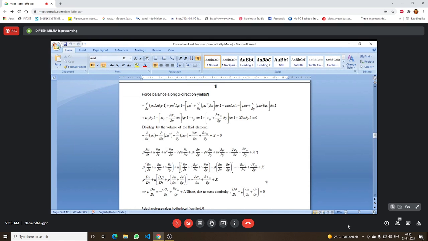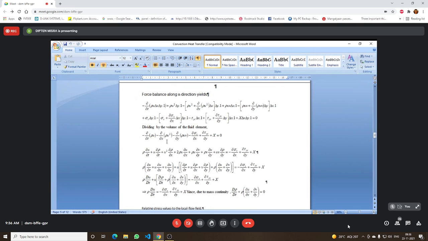And if we divide both sides by the volume, that is delta x into delta y into 1, which is the volume of the control volume that you have considered, then we get this equation. So the final equation that we'll get, we have to remember one thing, that it is an equation that considers the constant quantity. For mass conservation, it is the mass per unit volume, which is essentially density. For the momentum conservation, it is momentum change per unit volume. So this is the rate of change of momentum per unit volume.